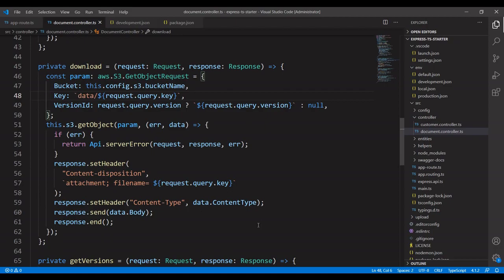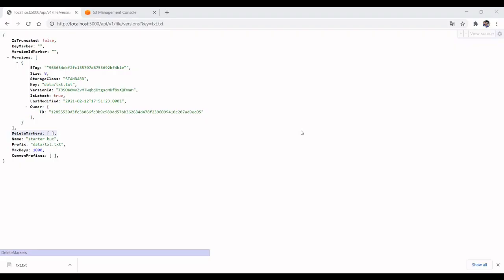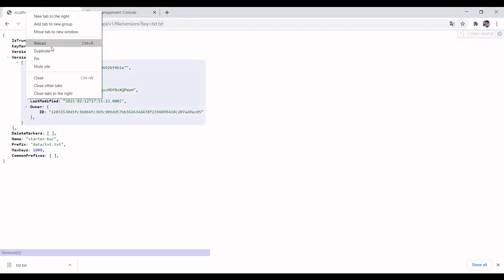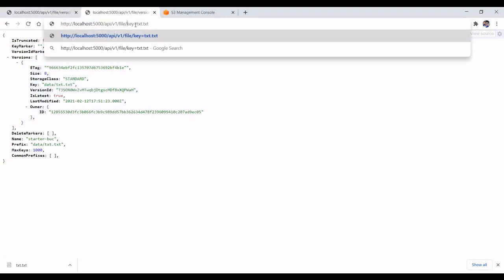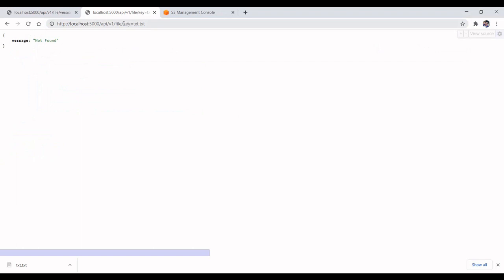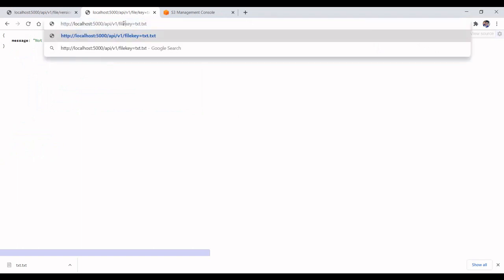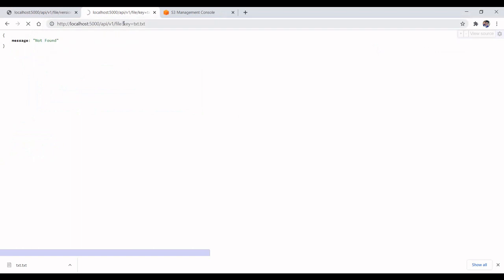Let's try it out. Let's try to download the file. The file has downloaded.